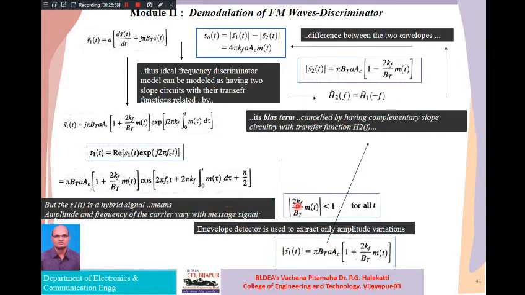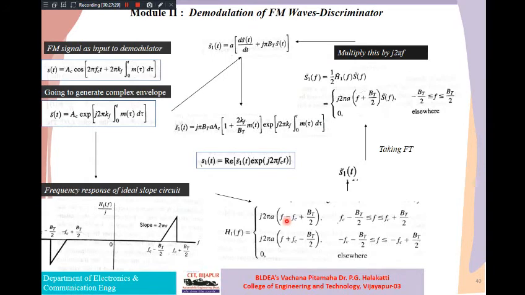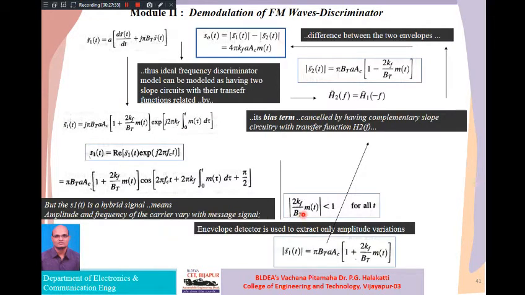Okay. That can be obtained by applying a condition. You can see here I have drawn this straight line, meaning I am subjecting this equation to this condition: this term less than 1. I want to keep this term less than 1 in order to extract only the amplitude variations, not the frequency variations. I will do this because it holds for all t. Later, if you look at the transfer characteristics, it should be 0 everywhere except at only these portions. If you apply this condition and resolve this equation, that is what the envelope detector is doing.